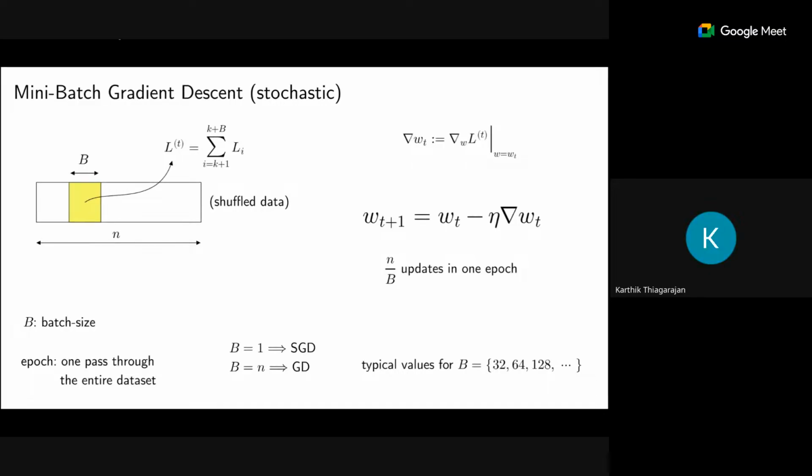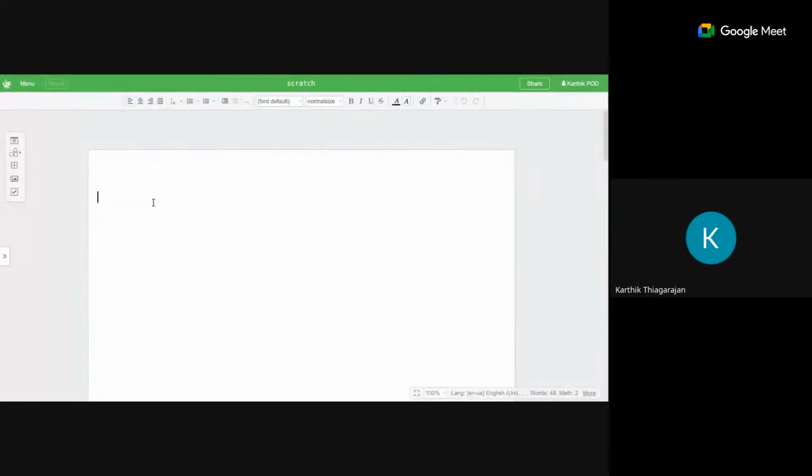Excuse me, sir. When we shuffle, the same points may get into the second batch also, isn't it? Isn't it possible? The way we shuffle, let's say there are 1,000 points, you shuffle it, and each batch is typically mutually exclusive, right? You choose mutually exclusive batches. In that way only we can shuffle it. So for instance, what I mean by shuffling is if you have